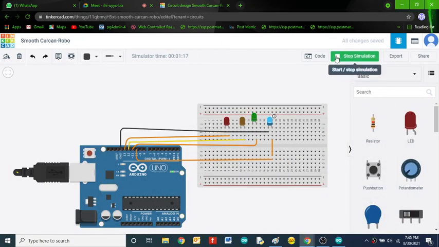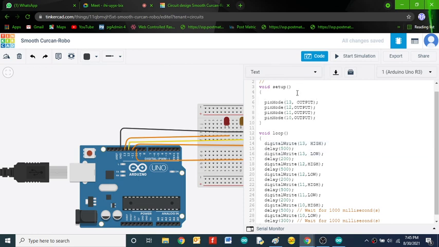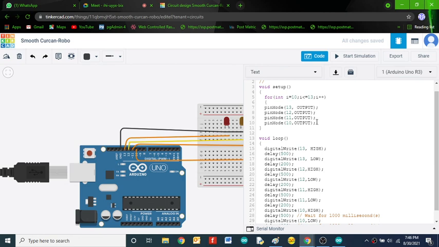So let's take a look at the output now. Here I'll stop the simulation, and here also the same. For int i is equal to 10, i less than or equal to 13, i plus plus. I comma output, here also the same.